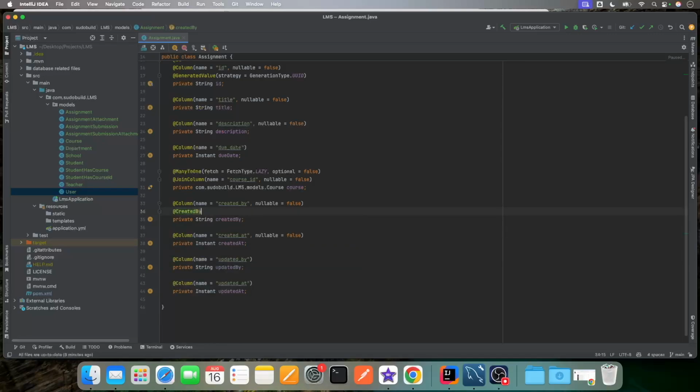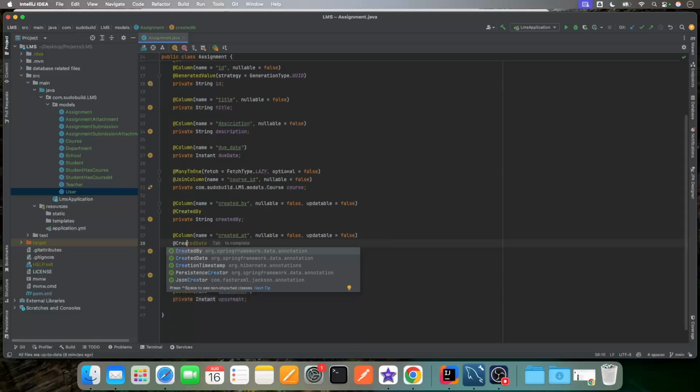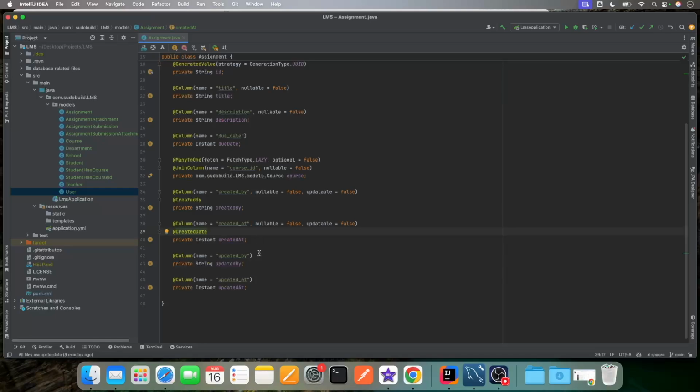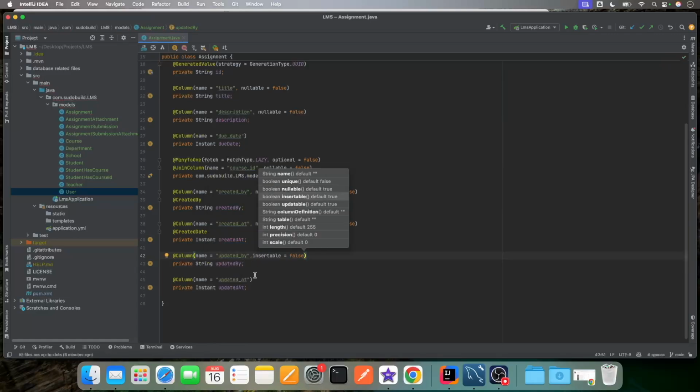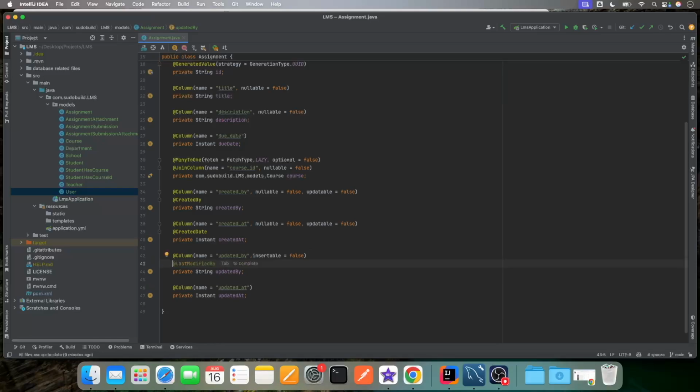We still have something to modify on our models. I will use Lombok annotations on created by, created at, updated by and updated at attributes. Also, we will prohibit changing the information about creation when updating, so I set updatable as false here. And since the information about updating will be null, I set insertable value as false here. This will help us automatically track the changes on the record without so much effort.